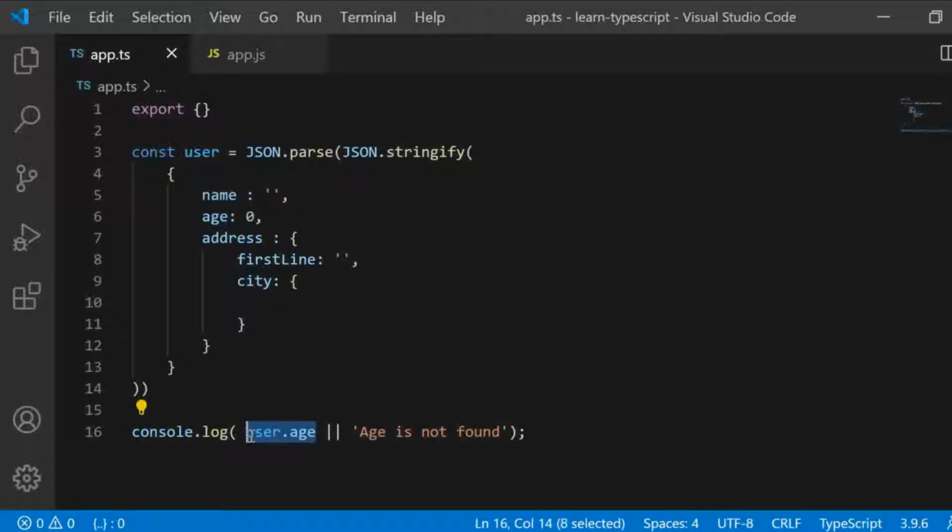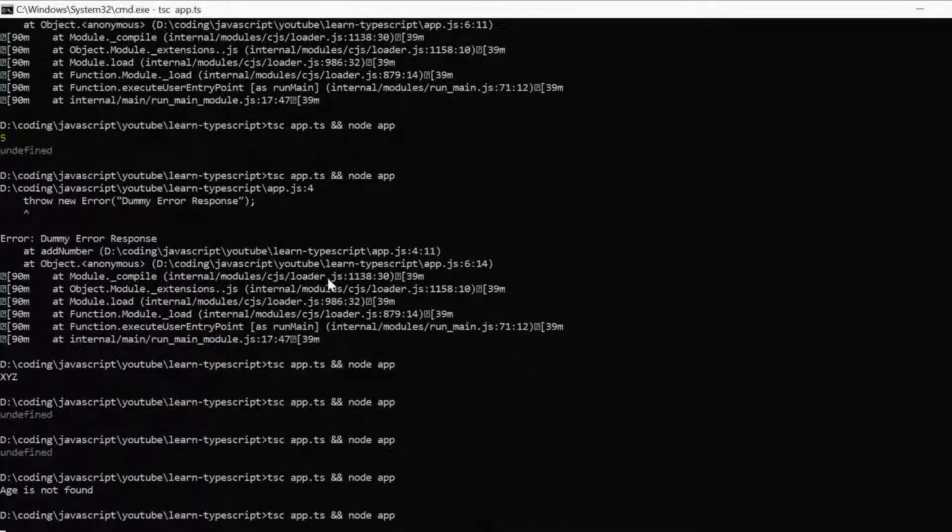Or maybe you want to print this name here, but in case the name is not found, you just want to make some generic statement like user is not found. In the same way, you will see the result is user not found here.